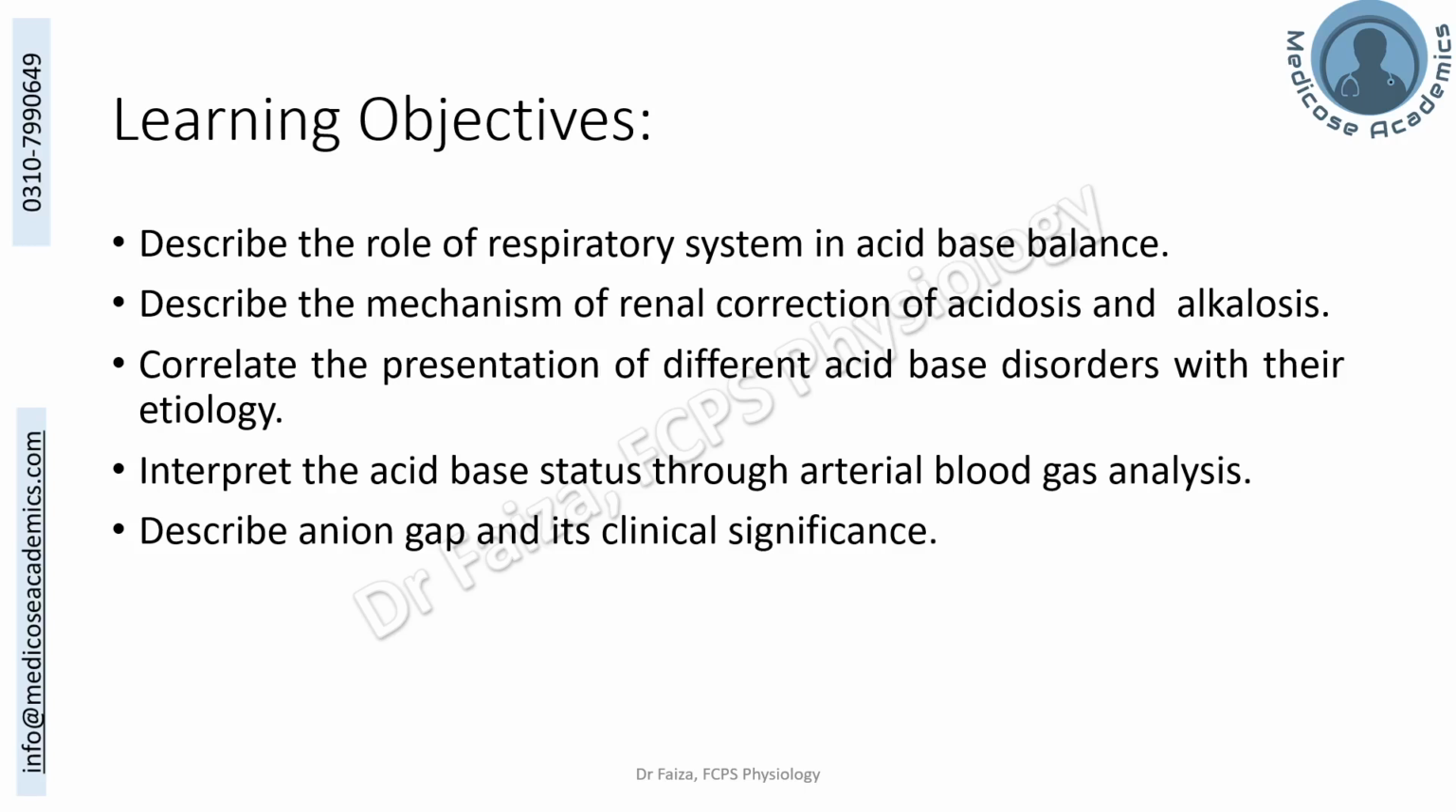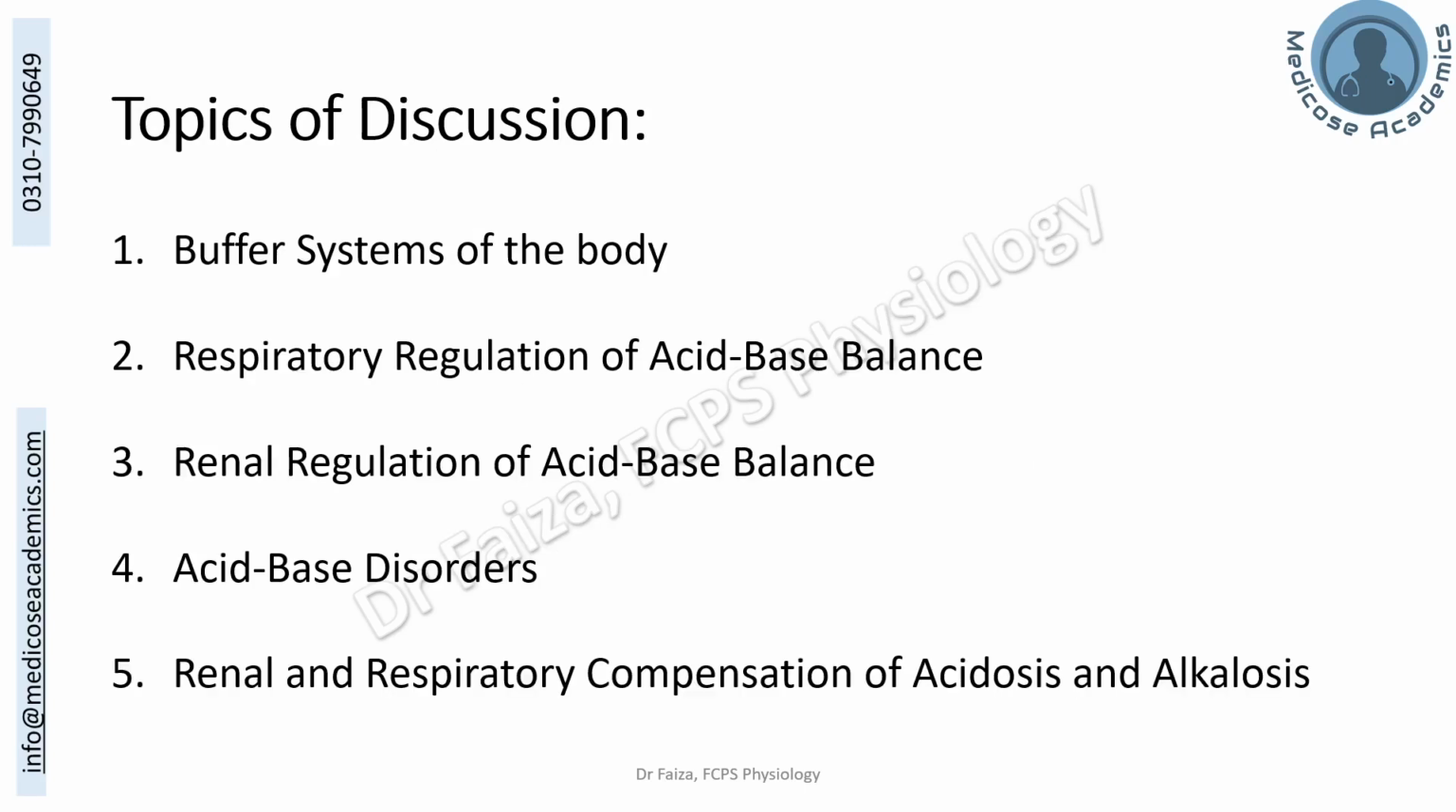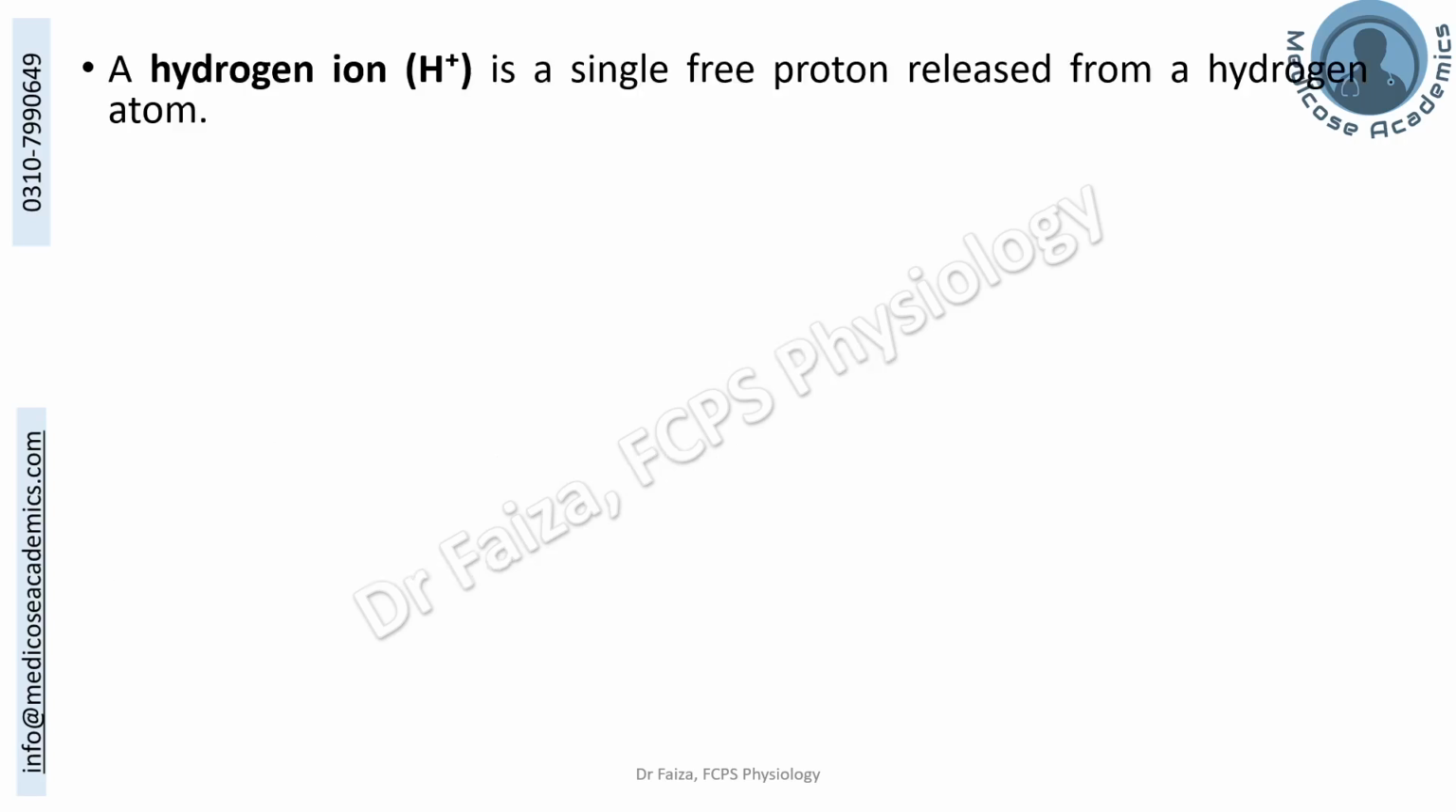Acid-base balance. We will be looking into the normal acid-base homeostasis of the body, the role of first line, second line and third line buffer mechanisms for the regulation of acid-base balance. We will be looking into the acid-base disorders and anion gap in the next session. So starting from our first topic of discussion, we will first look into what are acids and bases and related